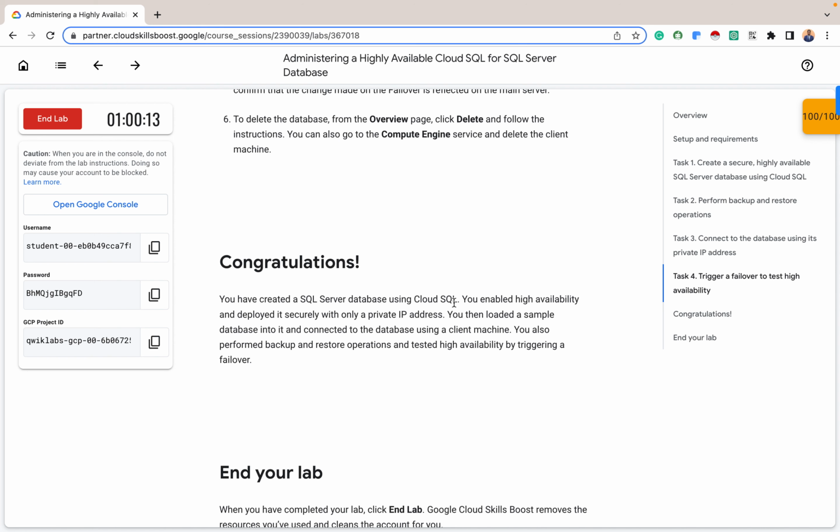So this lab is quite explanatory, and we did a whole lot of things. You can try the lab multiple times to make sure that you're familiar with it, and make sure you also follow the best practices when you are administering a highly available Cloud SQL